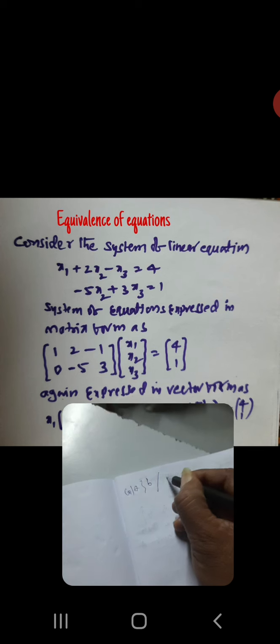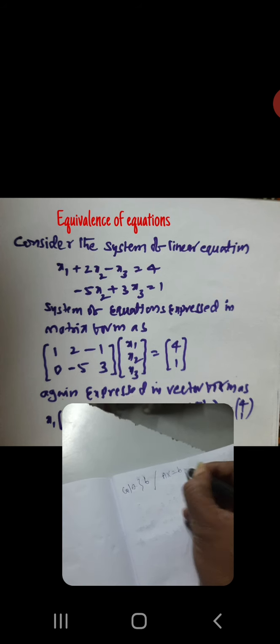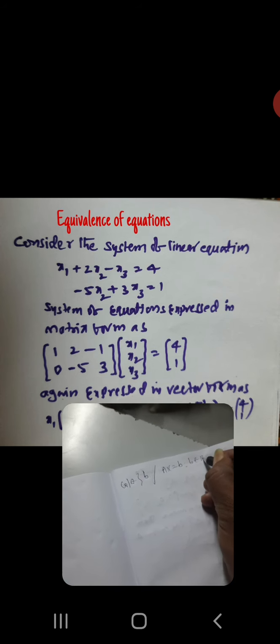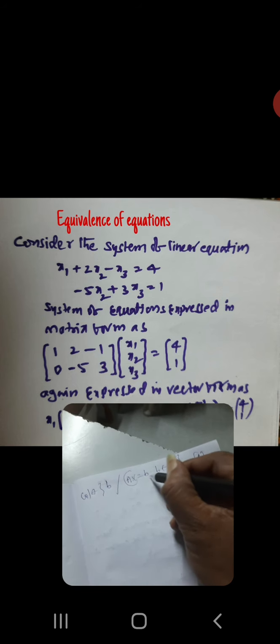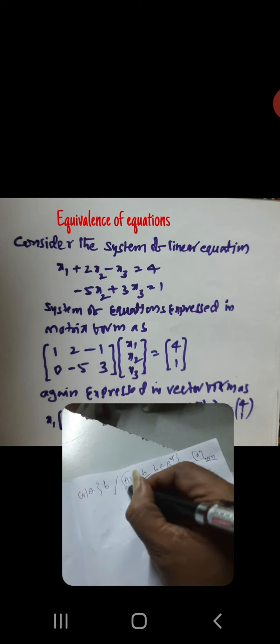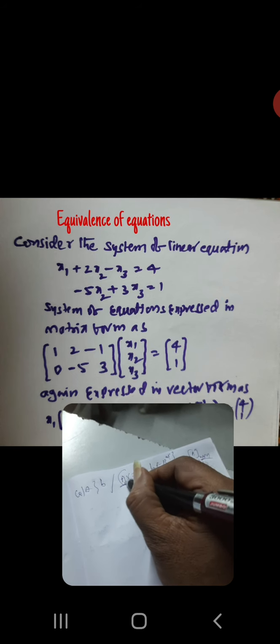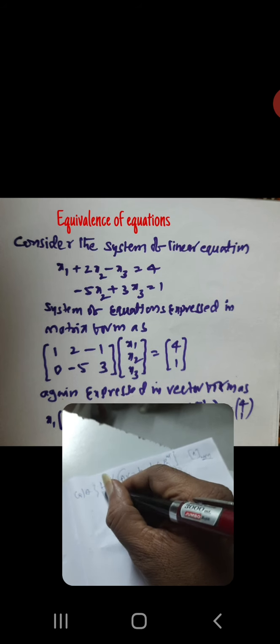Col set. How to construct Col set? B is there. How to write C? Ax is equal to B, where B is also an element of R power M. Why write R power M? A is a matrix of M cross N in rows. Here Ax is equal to B. Here you write B under the linear combination of the columns of A matrix. Then B is in Col A, B is an element in Col A.